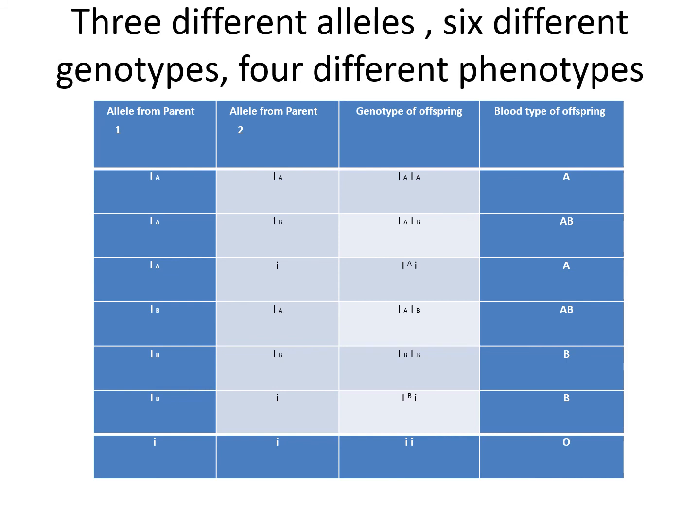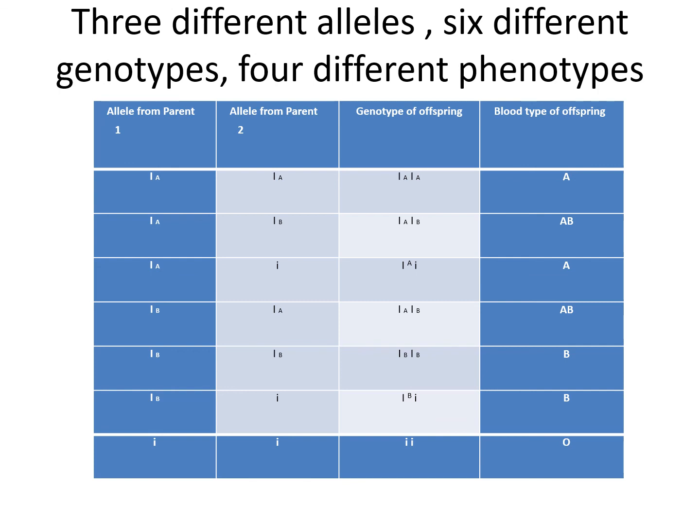You can see in this table, the first case, the two alleles, always alleles are in pairs. First one and second one are both IA, therefore the genotype is IA IA and the blood group is A. Second case, IA and IB, so the genotype is IAIB, therefore the blood group is AB. Third, IA and small i, therefore the genotype is IAi, and the blood group is A.